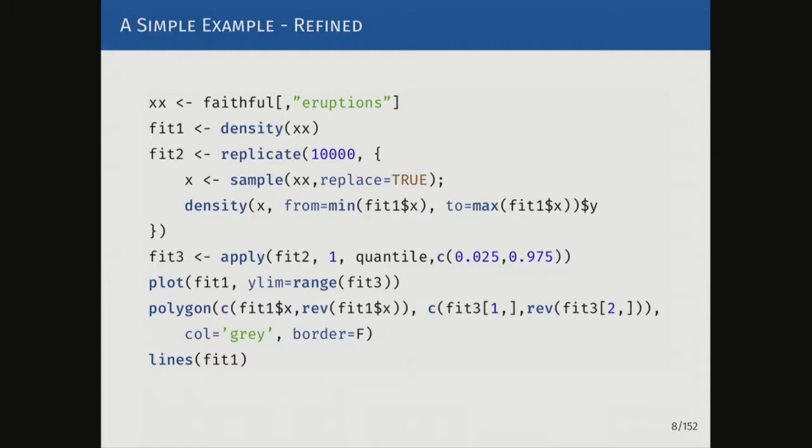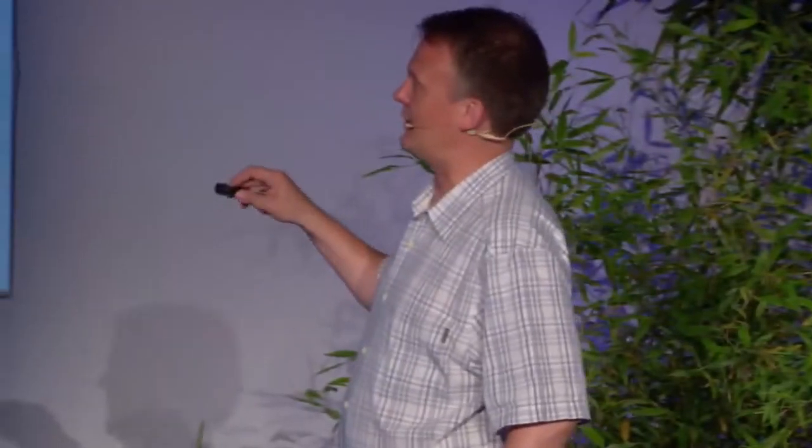We then plot the original fit as before, but now we're parameterizing it to the range of this distribution that we computed so that it doesn't run out of the picture. And we augment the picture with